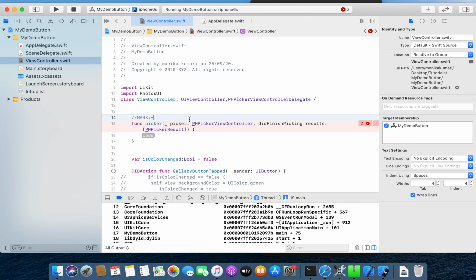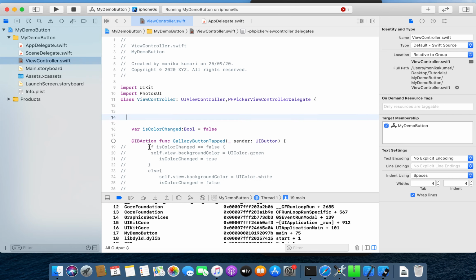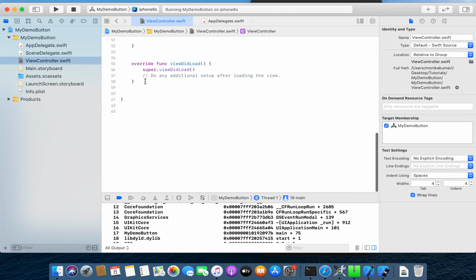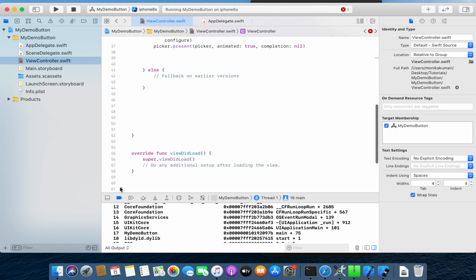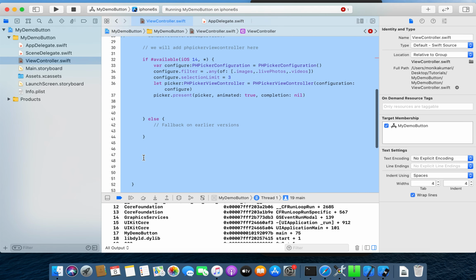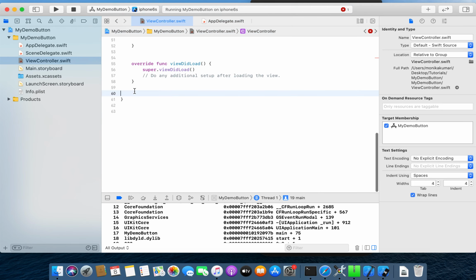So we will write here PHPickerViewController delegates. So you will just cut this from here, Control X, and I will just paste it at the end of the class. So this will be more systematic.